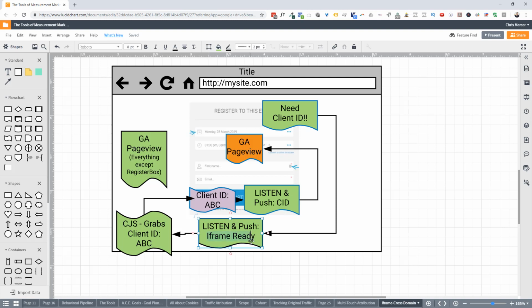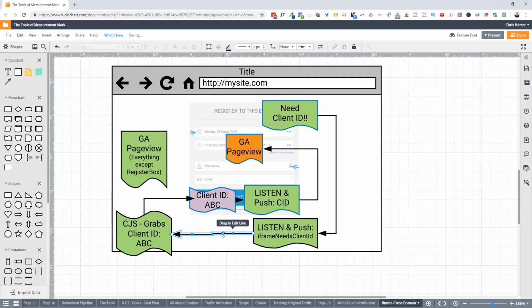So it's listening for this, for iframe needs client ID. Okay, so iframe needs client ID is what it's listening for here. Let's minimize that. There we go. So listen, and then it pushes that. When it pushes that is when it triggers a script to send back the, technically, let's see, this is kind of what's happening. So it'll send another script